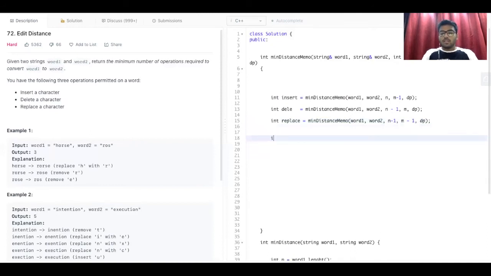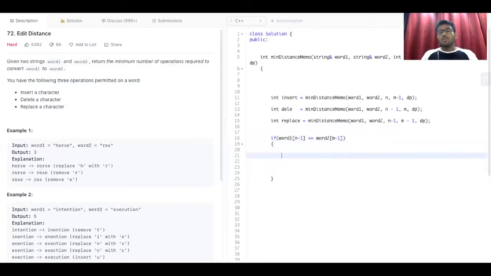Now let's write the base condition. The condition is: if word1 of n-1 is equal to word2 of m-1. At this time, if it is equal, we simply move ahead in the recursion, to the next element.